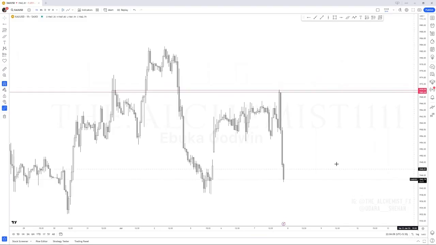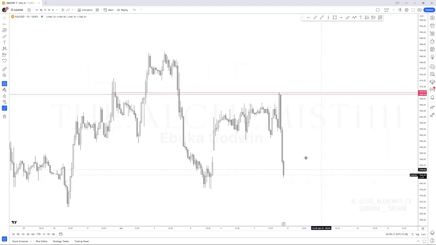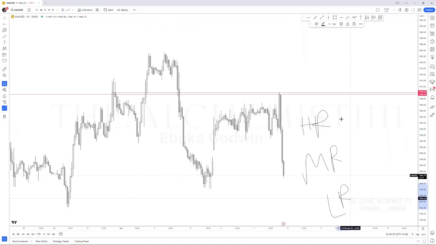Now what I do is these types of entries. I do not know how much my drawdown is going to be, right? Because it could move here, it could even move here. So these types of trades will be placed on my personal account. There are three types of setups: high risk, medium risk, and low risk. High risk and medium risk will be placed on my personal account. But low risk will be on my personal account and the prop firm account as well,